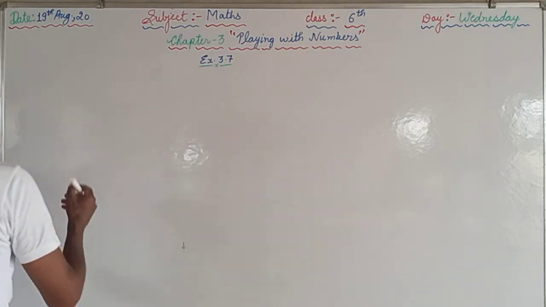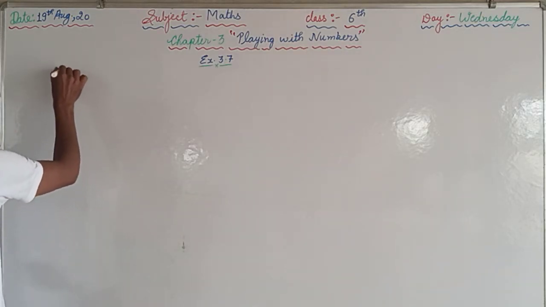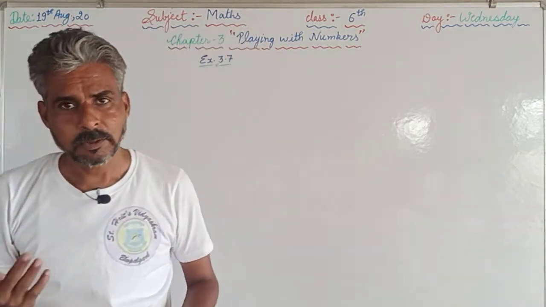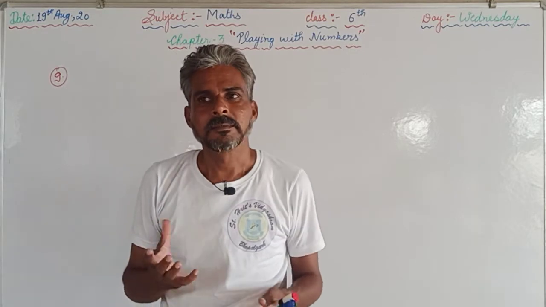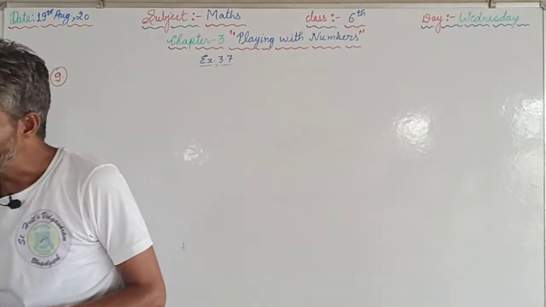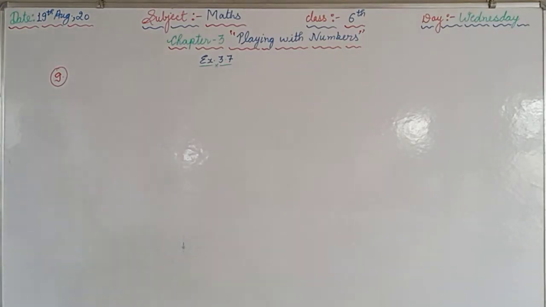As I told you, whenever you are watching the videos, you are supposed to have your textbook with you, so that you can also read the question and understand what information is given in the question. So open your book and read question number 9. I will also read it for you. Question number 9 is, find the smallest 4-digit number which is divisible by 18, 24 and 32. We have to find the smallest 4-digit number.